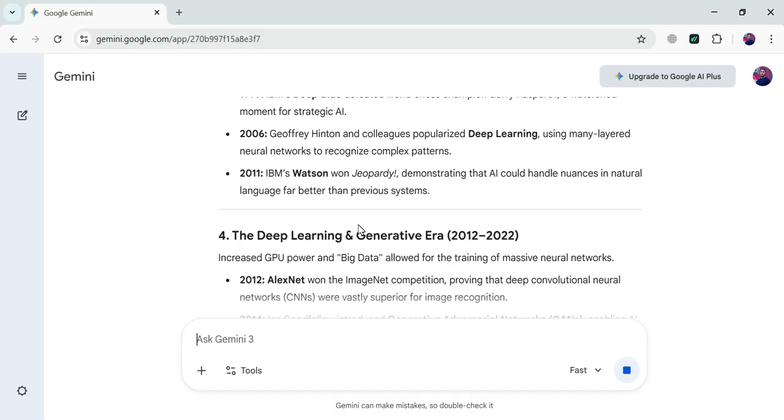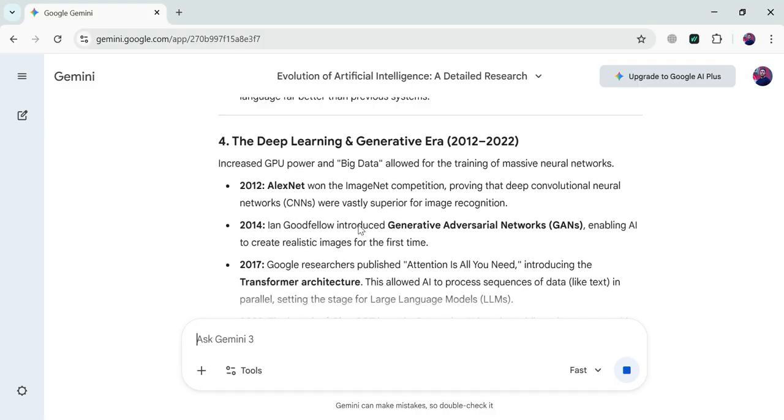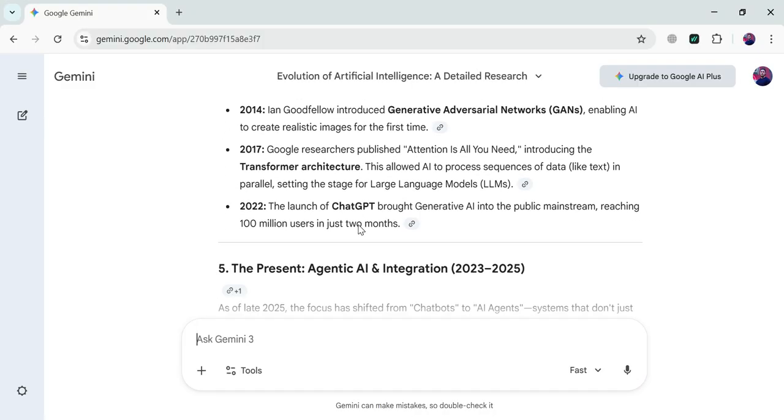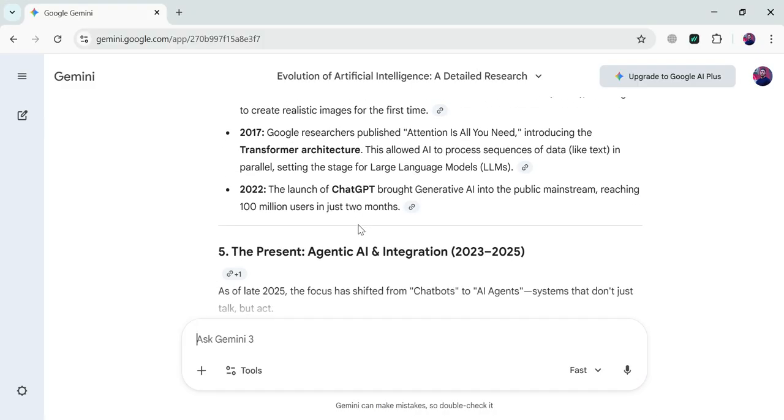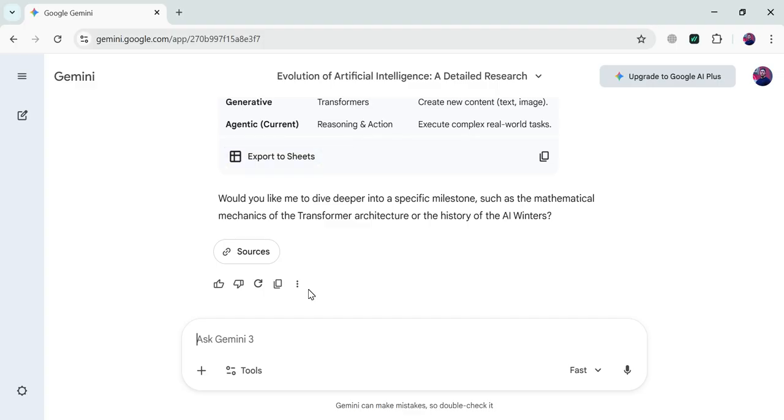You can do research about any topic, whether it's technology based, science based, or biology based, each and everything. You just need to write a prompt here, and it will get you all the information that you require. And if you want all the information exported to Sheets, or the whole information in PDF form, it will provide you the PDF as well.